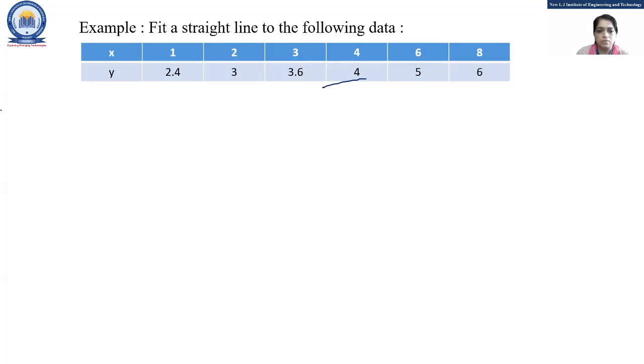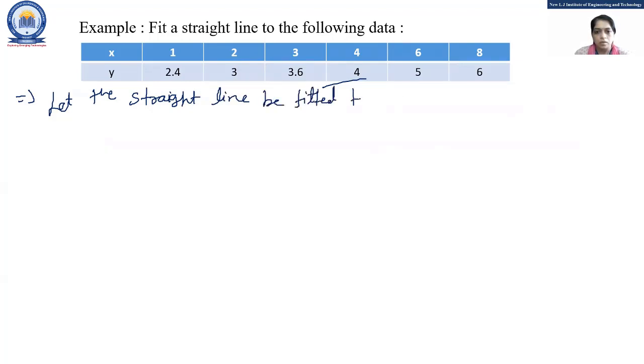For the solution of this equation, we want to fit this data in a straight line, right? So let the straight line be fitted to the data be y equal to A plus bx. And the normal equations are